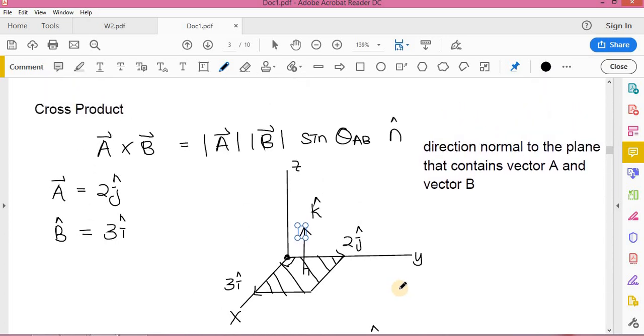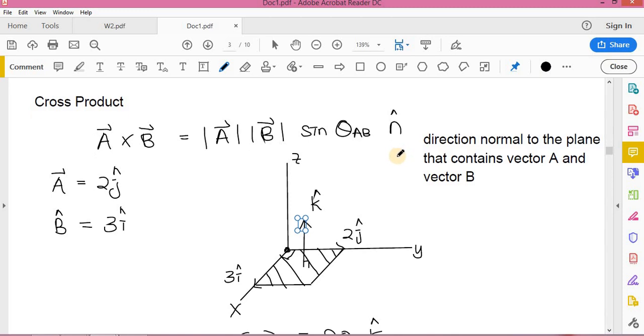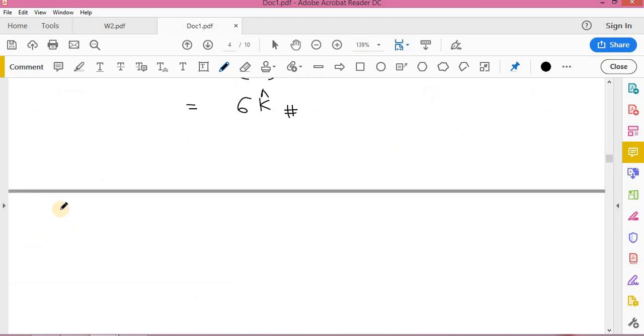But same thing, we cannot always apply this equation because it is very difficult for us to determine the angle, and when our vector has more than one direction, it will be very difficult for us to find this one as well. So we have to use the other formula. So the other formula is